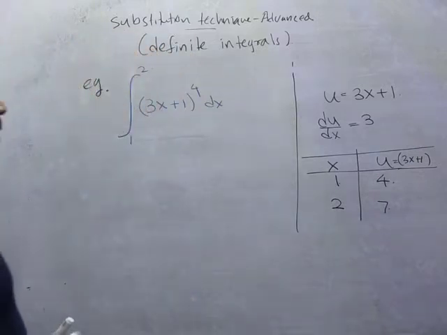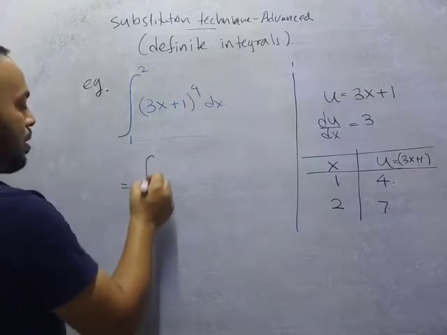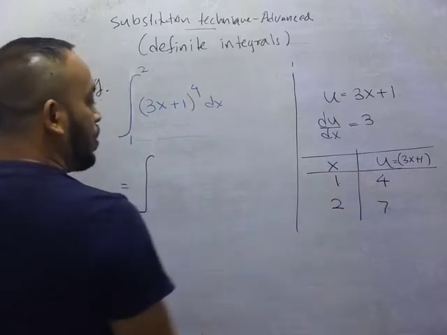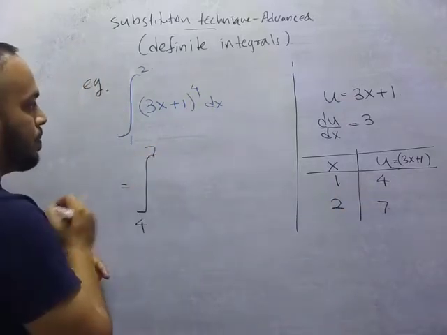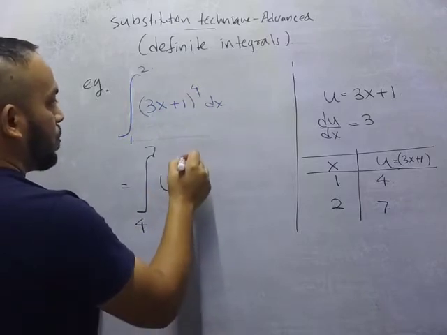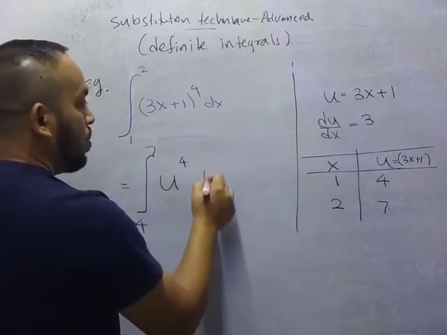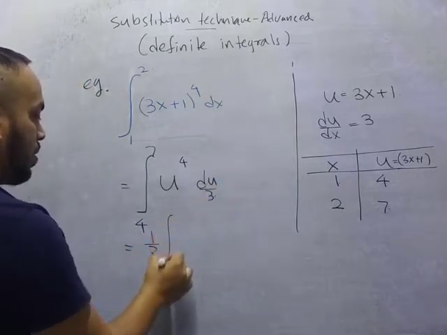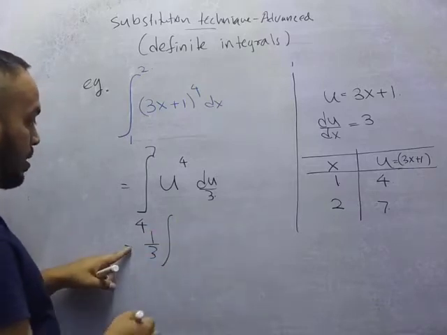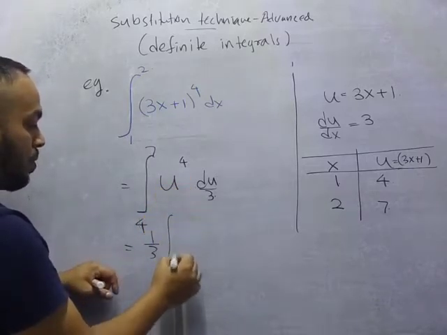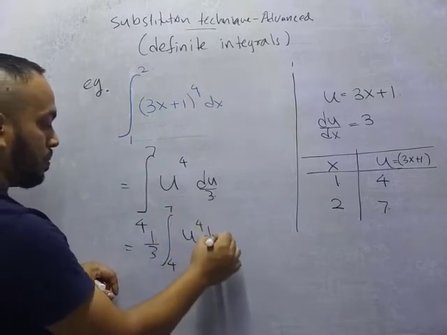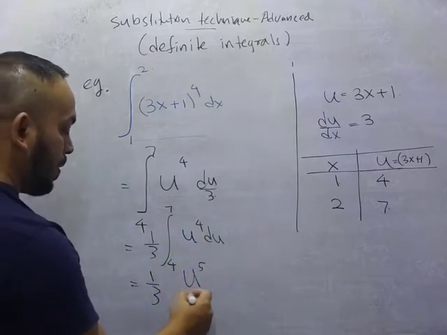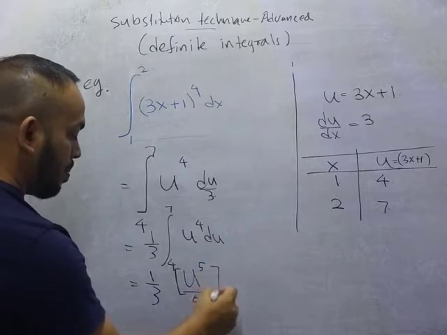Okay. Now we know everything we need. Therefore, first change the limits. Now, 4 to 7. u goes from 4 to 7. 3x plus 1 is u raised to 4. dx is du by 3. So if I take 1 over 3 outside, then this would be u to the power of 4, from 4 to 7, u to the power of 4 du. So 1 over 3, when you integrate this one, you get u to the power of 5 divided by 5. So remember this